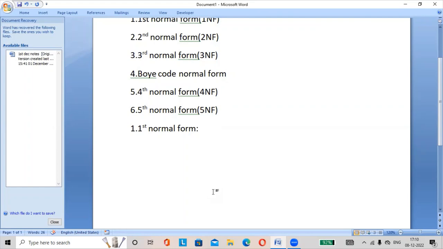If we won't follow this first normal form, then it is known as bad database design. If the table satisfies the first normal form, then only we can move to the second normal form, or else we can't move to the second normal form. There are 4 rules in this first normal form. Rule 1 states that each row must